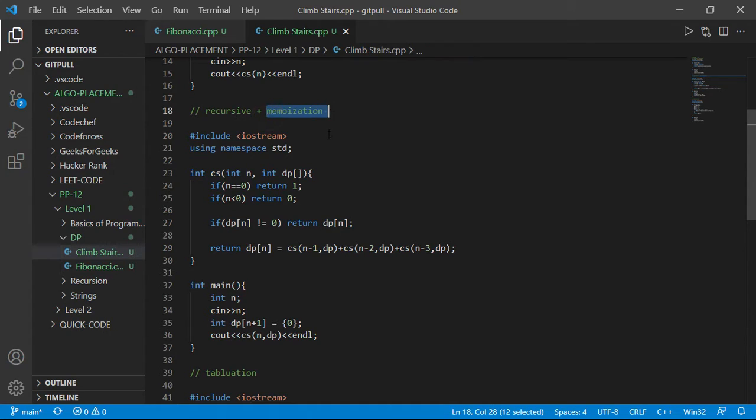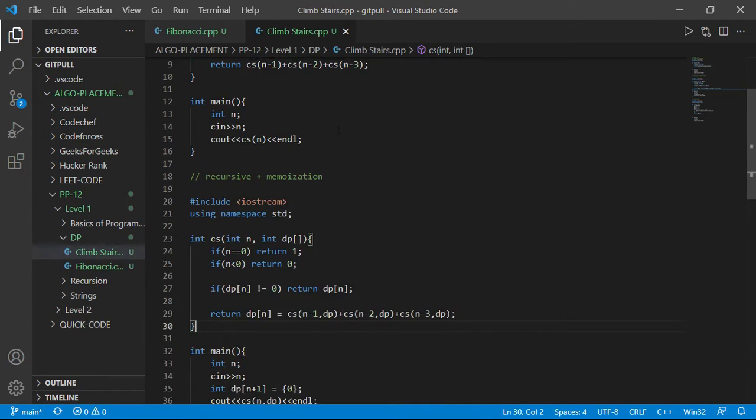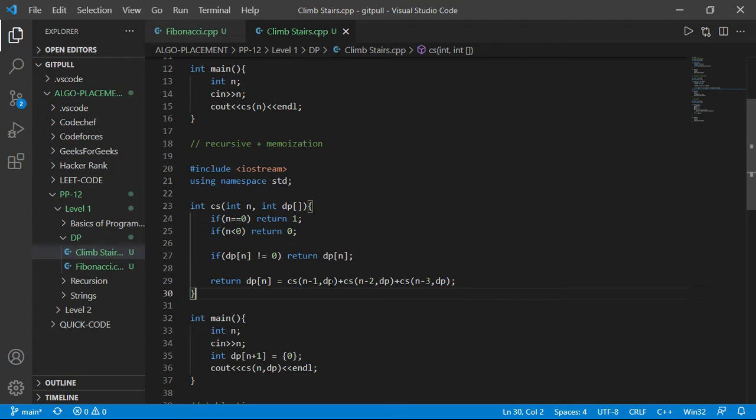We are doing the same thing again: n minus 1, n minus 2, and n minus 3, because three jumps are available. And passing dp is like this 1D array for memoization, kind of a notebook which we are passing in each function call, in each of the recursive statements, so that we have a notepad kind of thing and can keep track. And this will return your answer. So this is recursion plus memoization.